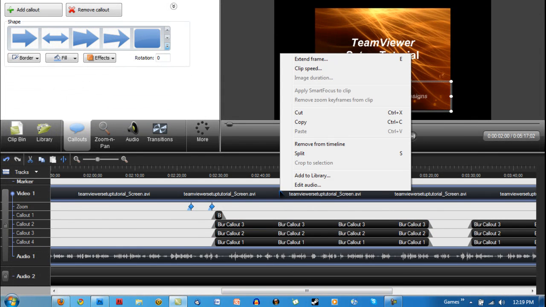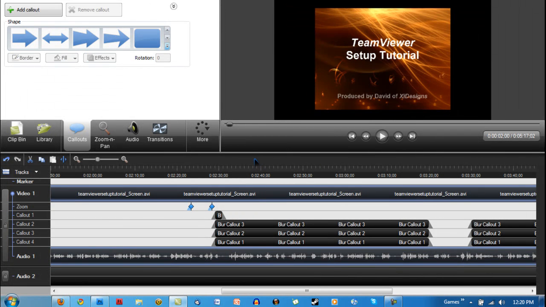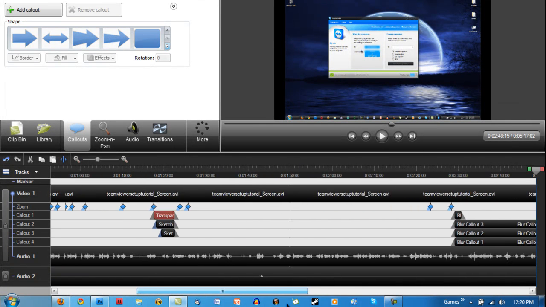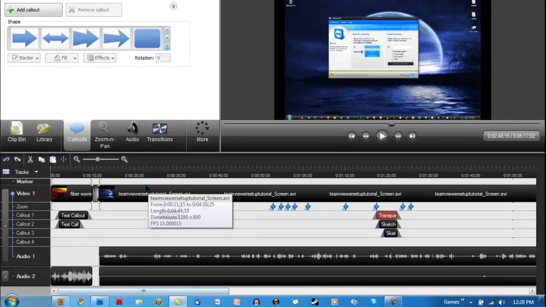You can split the video in two, which is what I did earlier by hitting the split button. So it'll split it in two. It won't interrupt anything. It'll still run as smooth as ever. But then from that you can do whatever you need to do, like delete some of the video, I guess. Okay. So let's go to the callouts again,